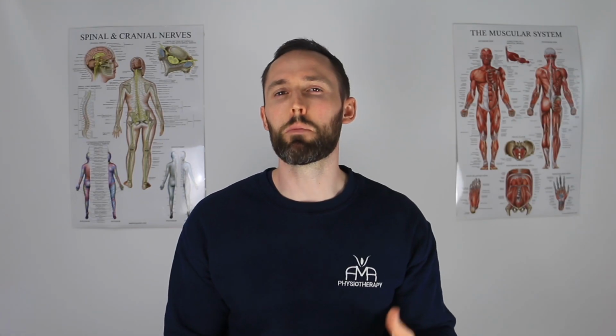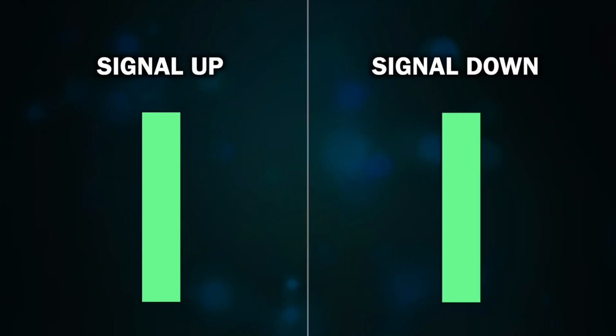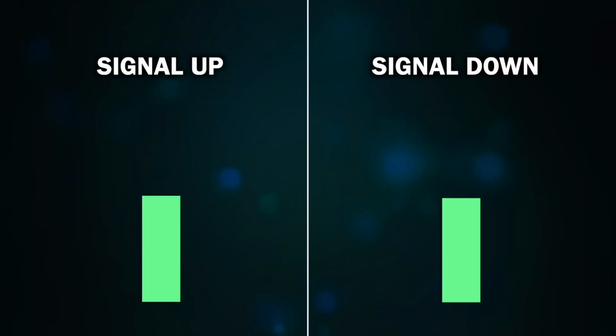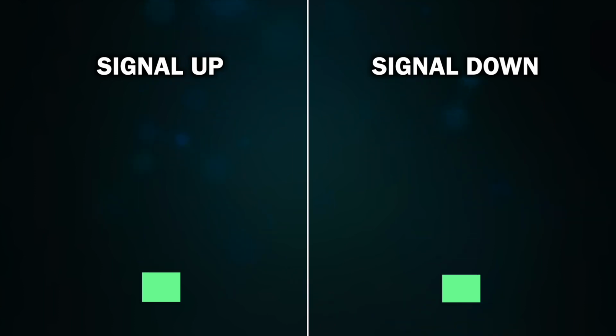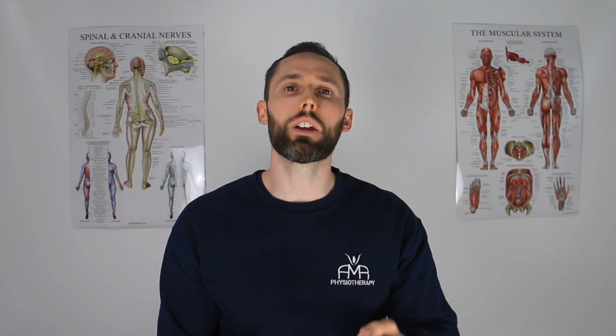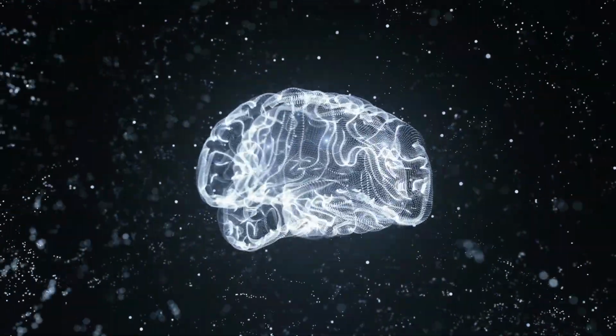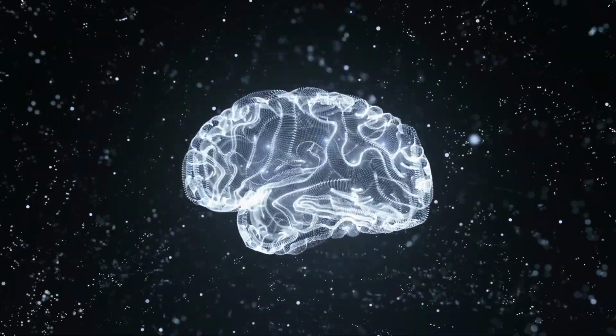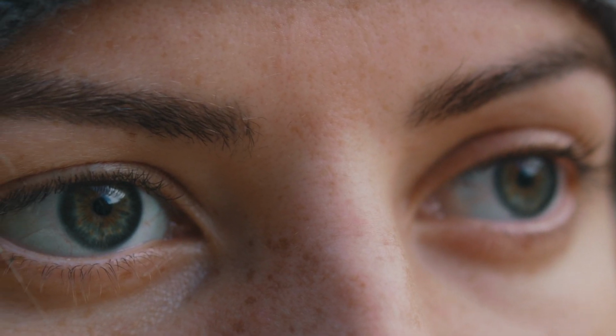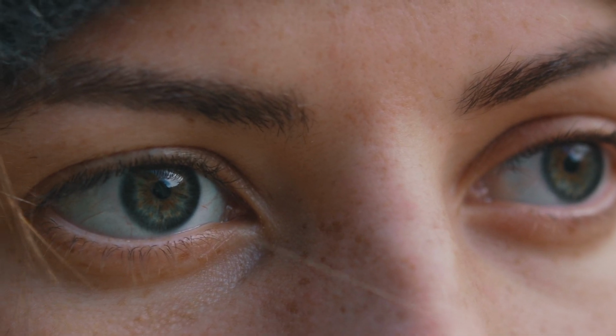And the bigger the damage, the bigger the signal. As things start to heal, there's less signal up, so less signal comes down, and therefore less pain. And this continues until no signal goes up, so no signal comes down, and the pain goes away. So what we know then is you need a conscious system to be able to interpret the signal and therefore experience pain. And I'll explain this in another way using the eyes as an example shortly.